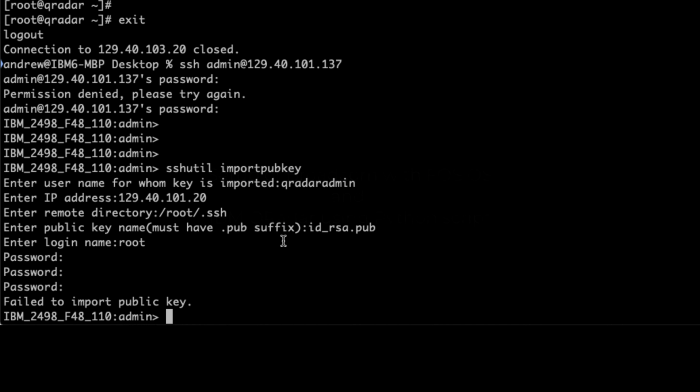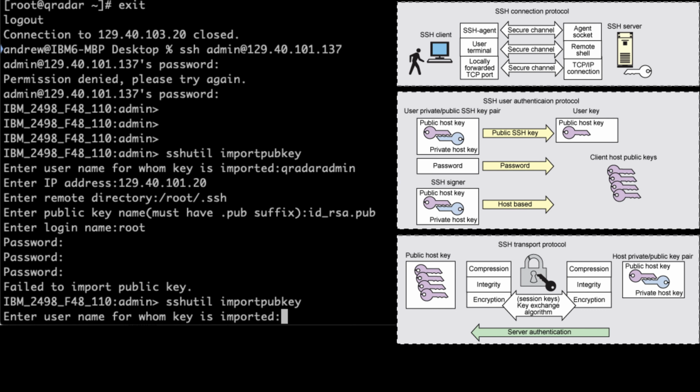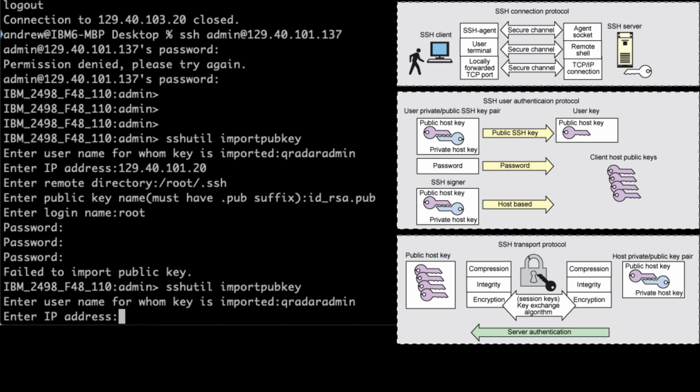First things first, I have to set up a public key. The key is important because we need to make sure that the switch can talk to QRadar as well as QRadar taking actions back on the switch. So we have syslog, which is taking care of all the outbound messages from the switch into QRadar. That's great.